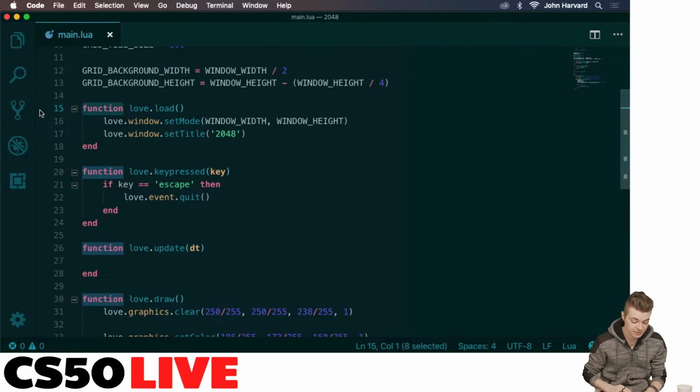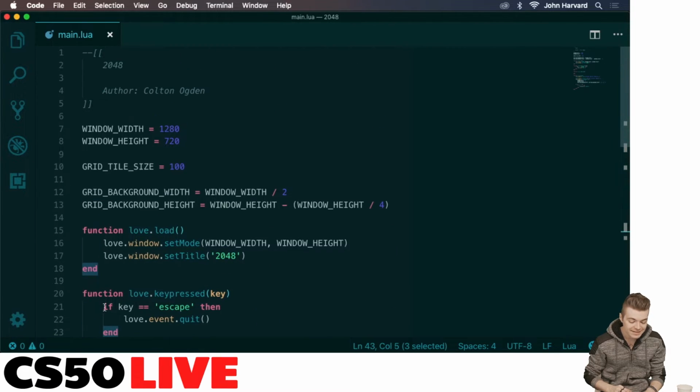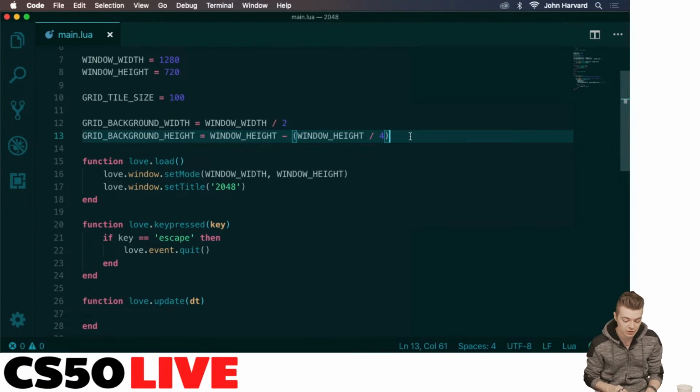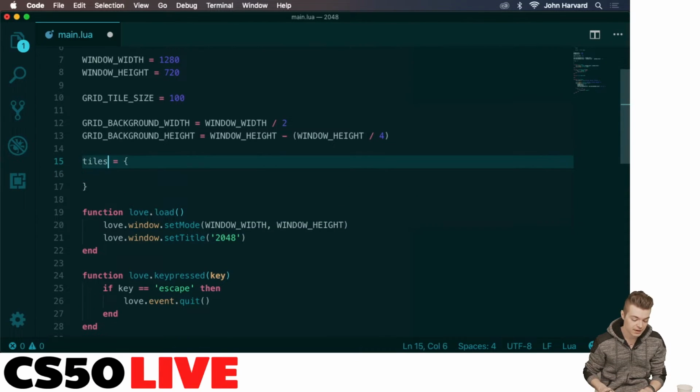The function syntax is even somewhat similar to JavaScript, although it does have this end keyword, which is a little bit weird. And you see the end keyword exists for for loops as well. But the main data structure in Lua is actually the table. So now if I create this thing called tiles, you'll see that I use these sort of curly brackets that you would get for